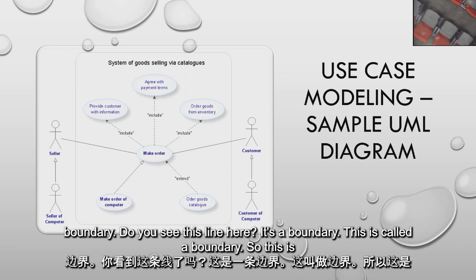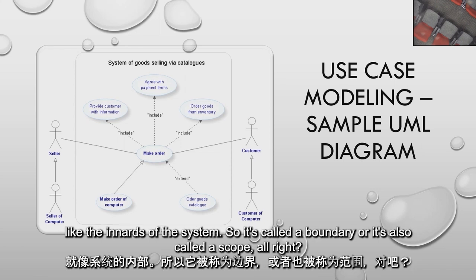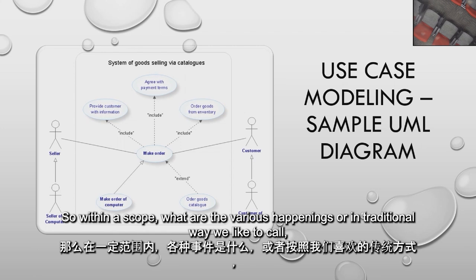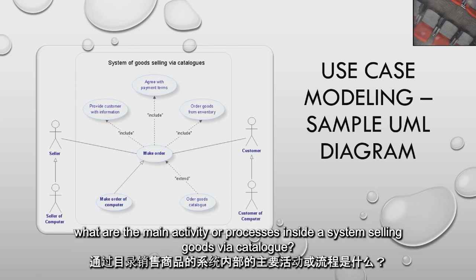Do you see this line here? It's a boundary. This is called a boundary. So this is like the innards of the system. It's called a boundary, or it's also called a scope. All right? So within a scope, what are the various happenings? Or in the traditional way, we like to call it, what are the main activities or processes inside a system